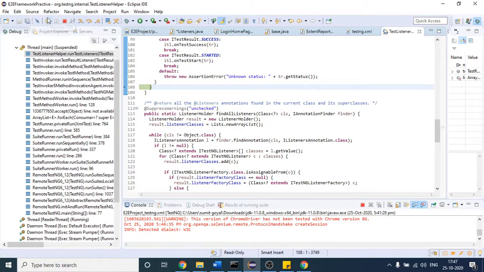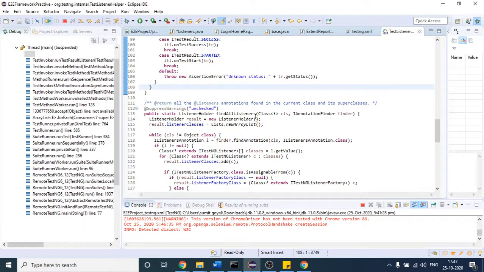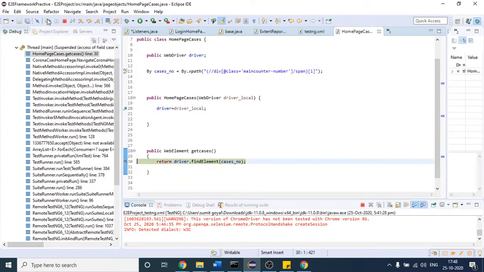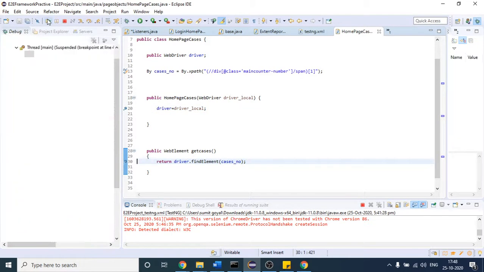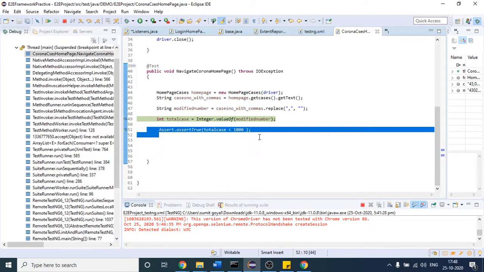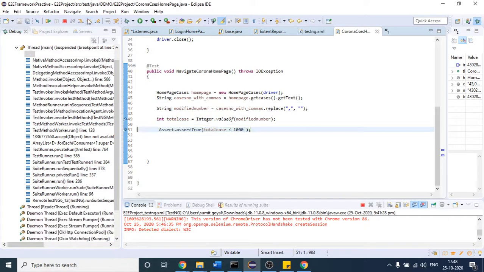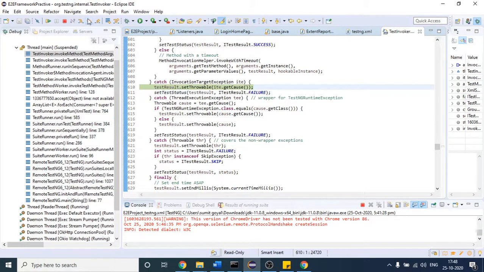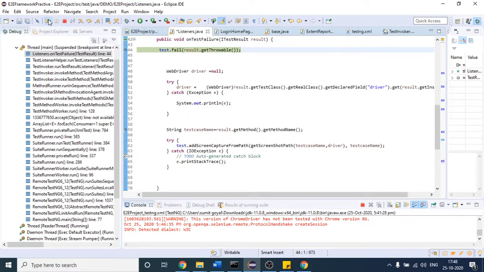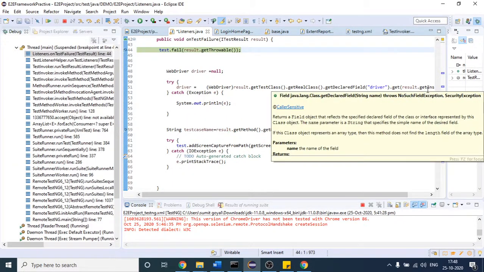Okay, let me click this resume. So I think our test case will run now. Again, it is coming to that test case. It will have to identify the test case. After that, here it will fail, right? Once it fails, we will come to on test failure. So let me click this resume. Again, you can see that this test case got failed.